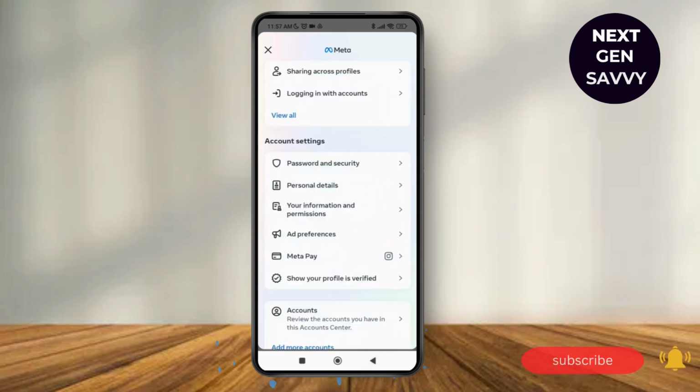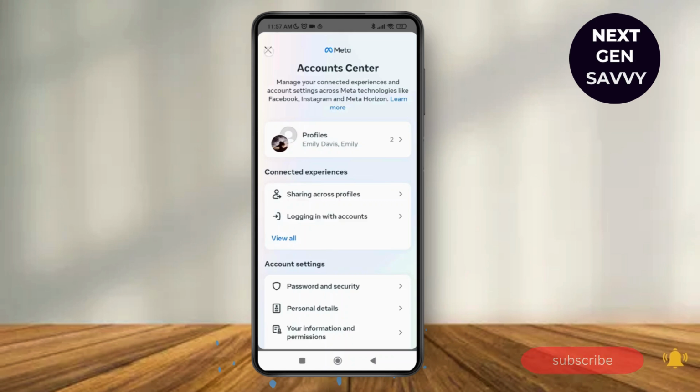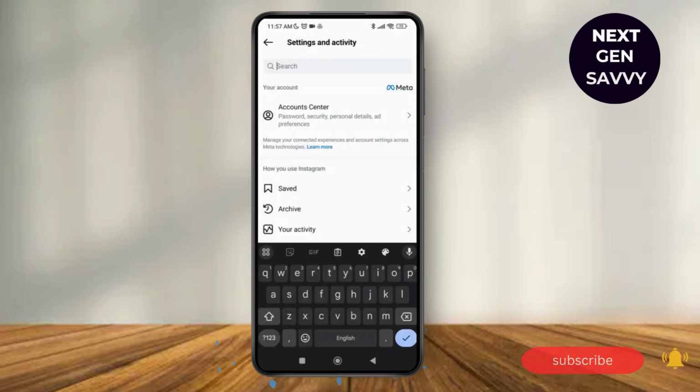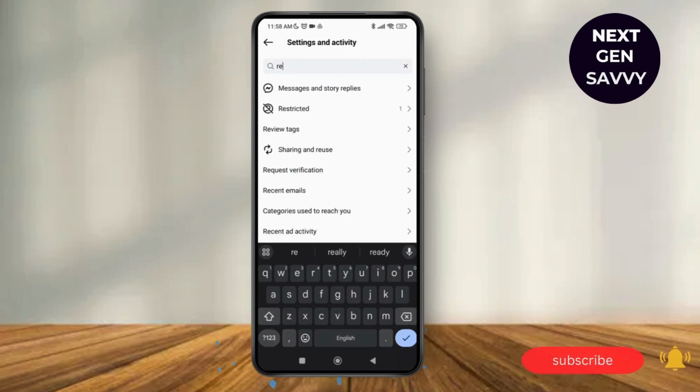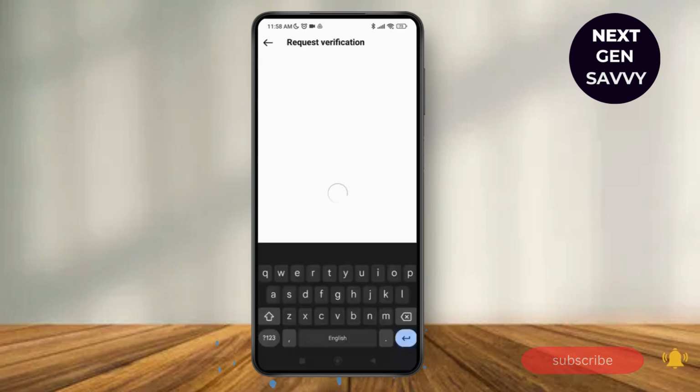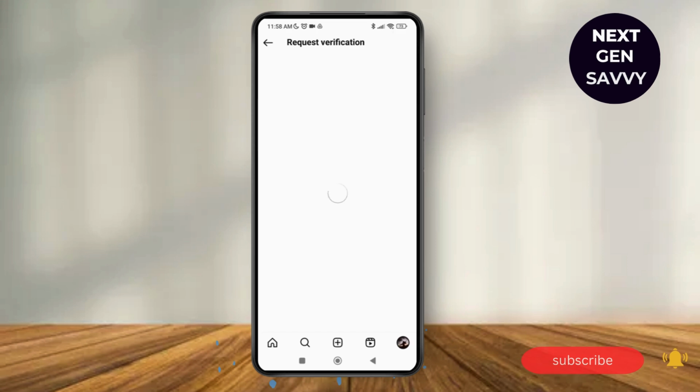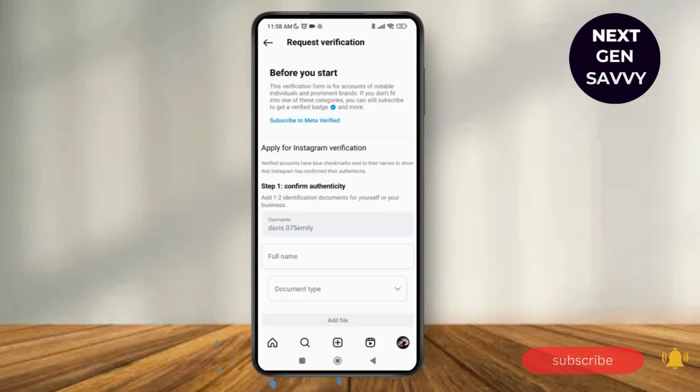But if you do not want to wait and you just want to have your Instagram verified, then what you can simply do is go back and then tap on the search bar and search for request. As you type for request over here, tap on request verification, and if you have a good amount of followers on your Instagram, then you can simply